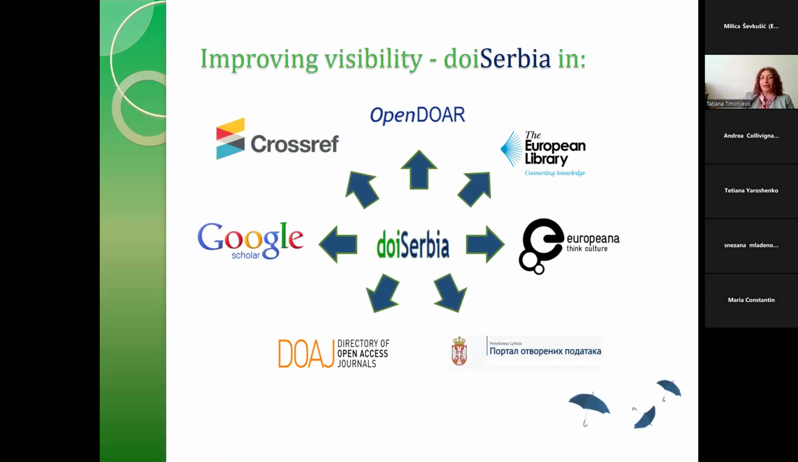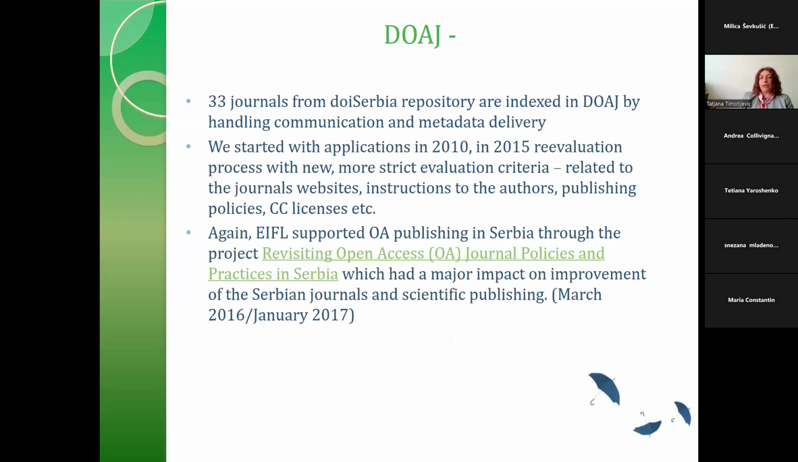Also, what is very important and what we are very proud of is that we constantly try to improve the visibility of our content indexed in DOI Serbia, and that's why we included the DOI Serbia repository in various other repositories and open access archives, such as OpenDOAR, The European Library, the Open Data Portal of the Republic of Serbia, and DOAJ. In DOAJ, we have 33 journals from the DOI Serbia repository, and we are handling communication and